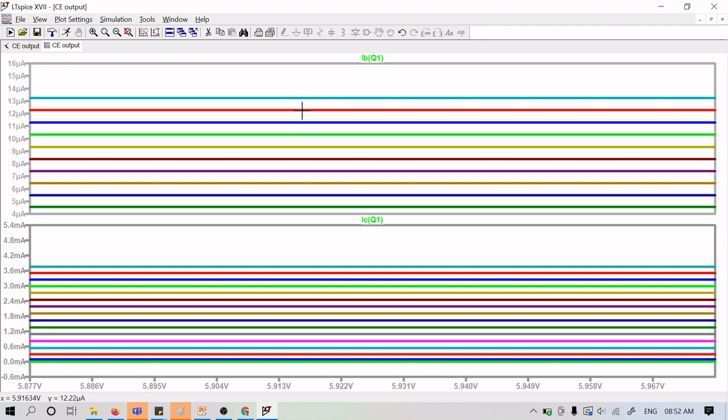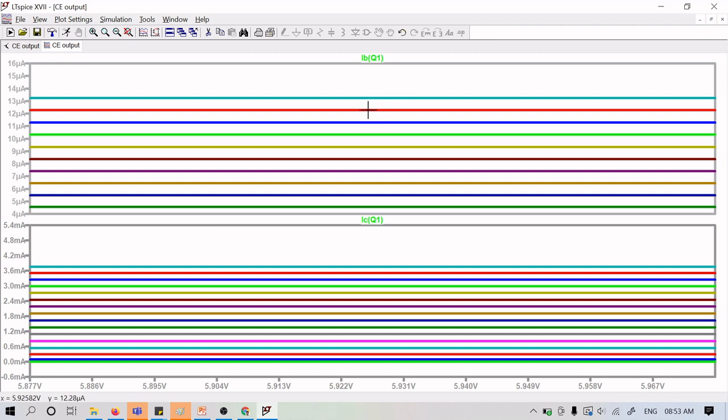So what I was saying is you can measure IC2. This is IB, right? So IB2 you can keep as red, and IB1 as blue. Similarly, for IC2 you can keep red, and IC1 blue. So take the difference of this and the difference of this, and you will get your beta. Somewhere, if I keep the cursor here, what is the current? We can see 12.25. The axis values are shown at the bottom. When I'm plotting here, you can see the value here. The same you can plot.